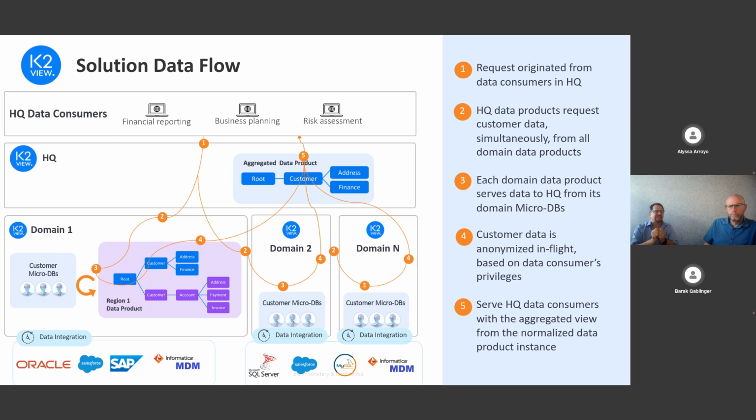In their case, one of their key elements was that they wanted to do a risk assessment across the globe. So if they have a new opportunity from one of their offices in, for example, Argentina, they need to know whether their risk assessment will be impacted by the fact that they have other offices across the globe. So this is the data flow that we addressed.